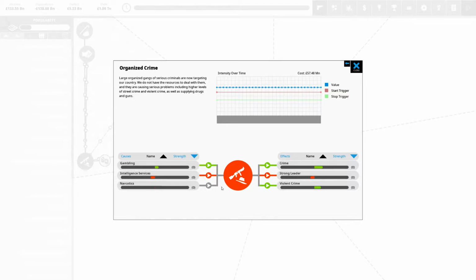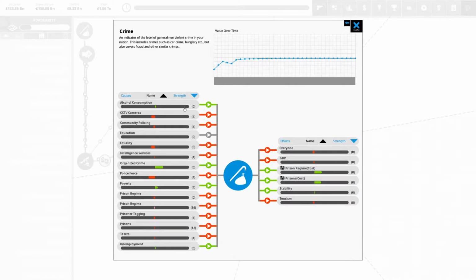Narcotics are increasing it. I'll be intrigued to see if we were to become a stronger leader, if some of this would go down. But what this organised crime is doing is then leading to crime and violent crime. If we go and look at crime, we can see there's lots more things that go into that. So organised crime is having a big impact. But if we could reduce some alcohol consumption or increase education or increase the use of tasers,